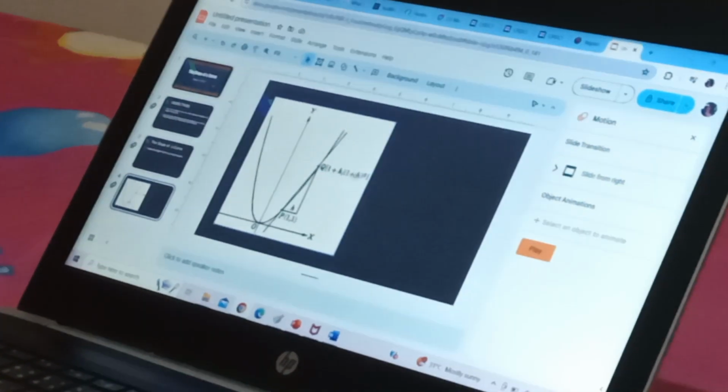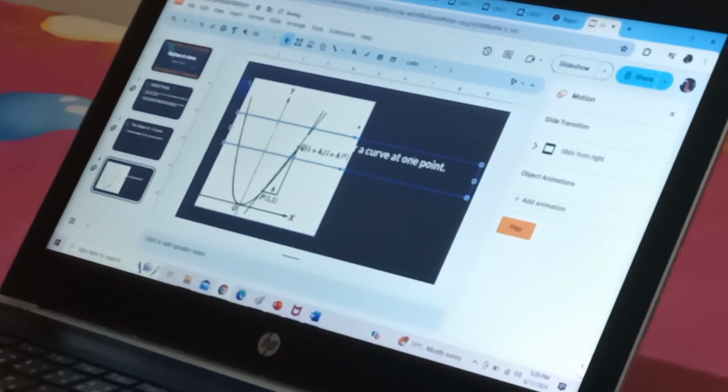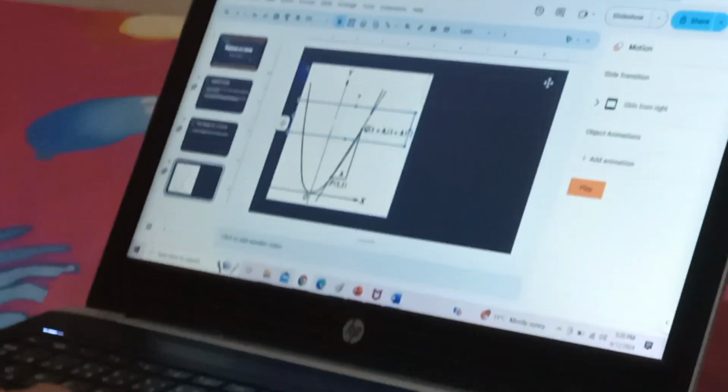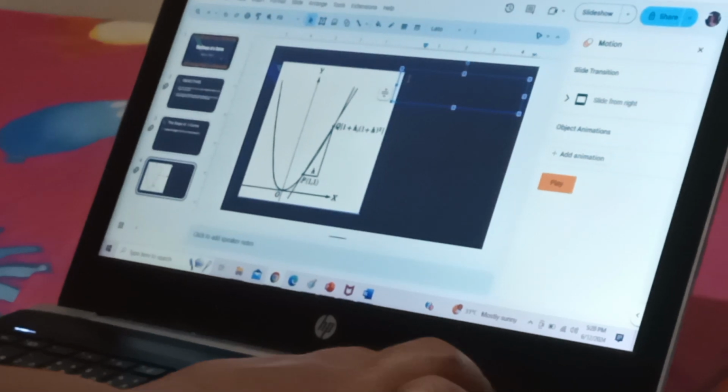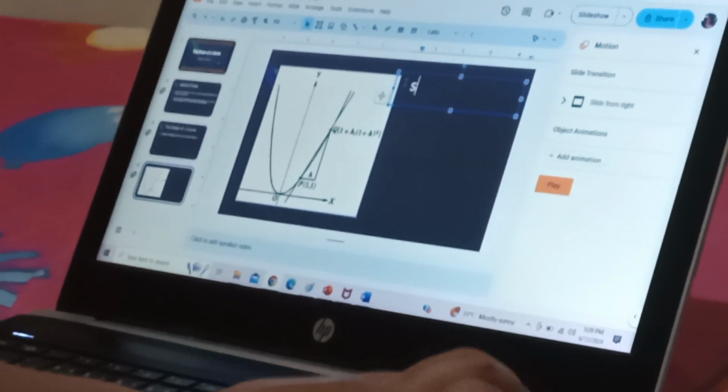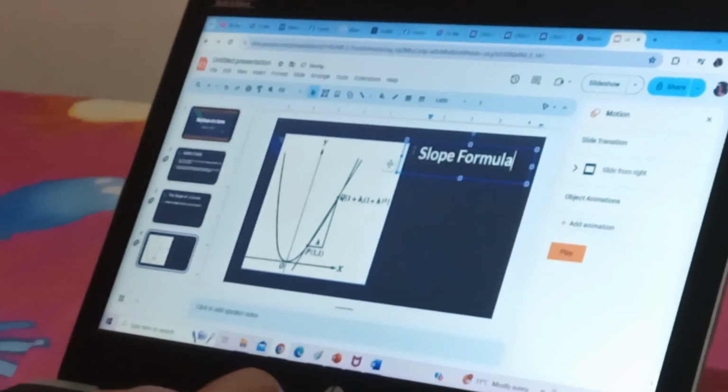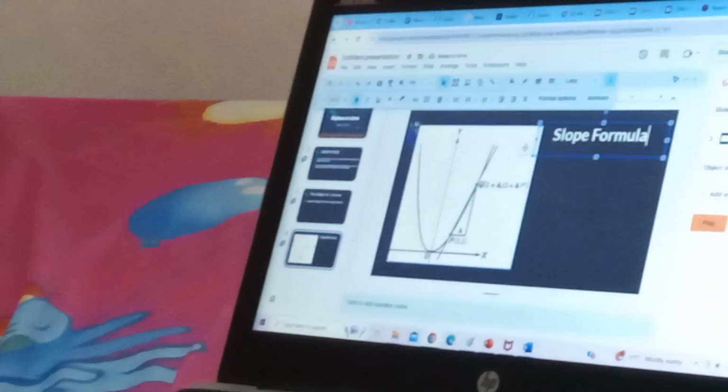Just copy here. Okay, change the font size.